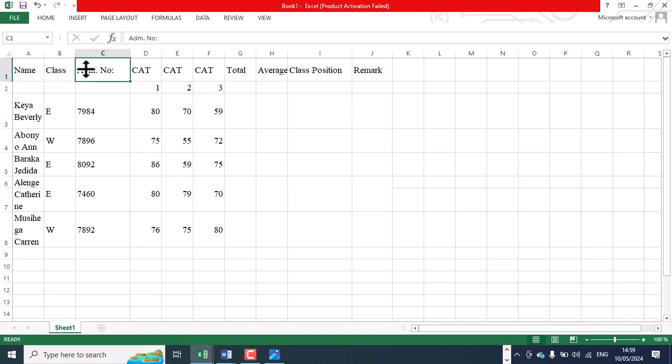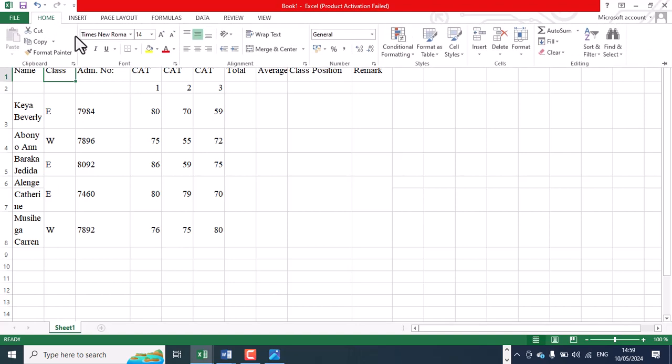and formatting features. So after you have input the data, I want us to learn basic formatting features. Formatting is basically changing the appearance of a document to make it appealing. For us to do that, you go to the home tab. Then you have the font section. Under the font section, you can apply text formatting features. Text formatting features include bolding, italicizing, underline, changing the shading, changing the color, increasing the size, and changing